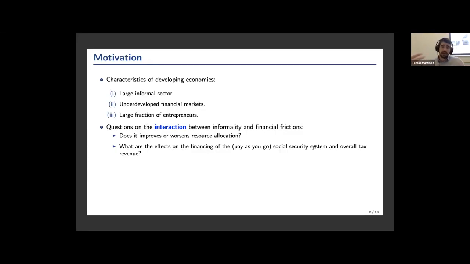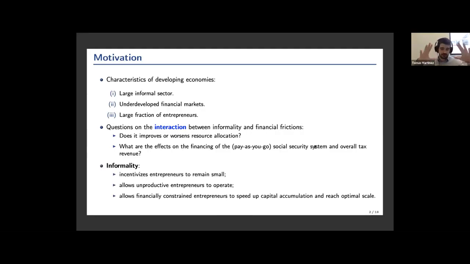And since informality is a type of tax evasion, we can actually study how this affects public financing in general, right? So the social security system, which tax instrument we should use, and so on and so forth. So before I go, let's think about why this interaction matters and why we should think that there is an interaction. So first of all, we could think that informality might have a negative effect on the aggregates